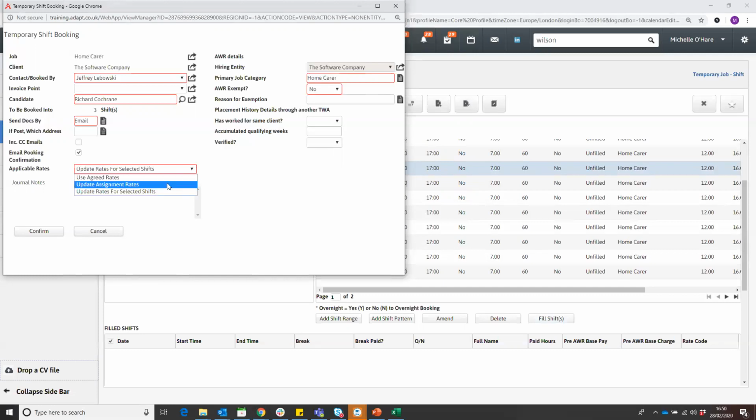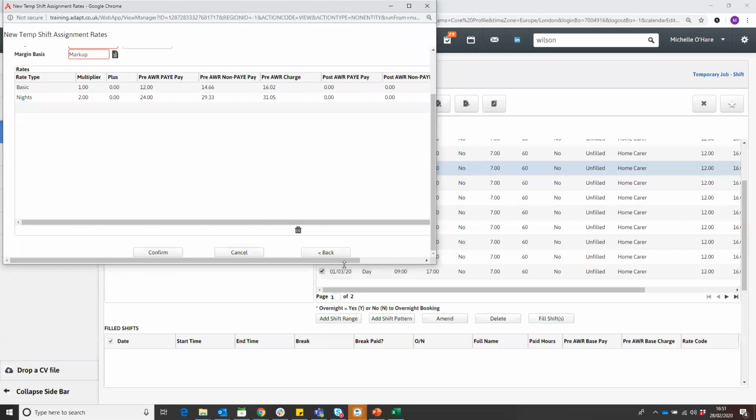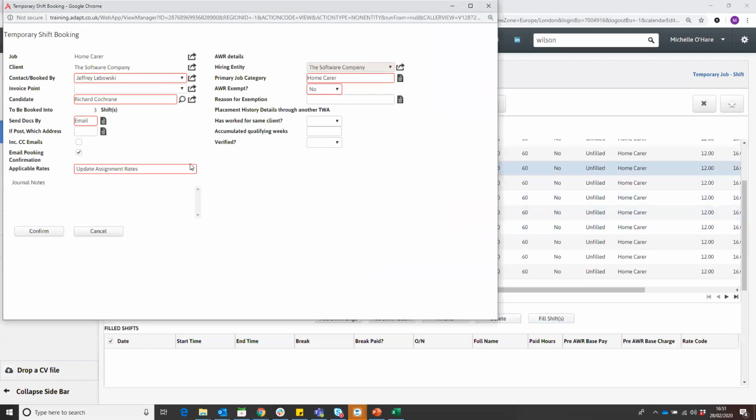The other option is to update assignment rates. If you do that, when you're booking Richard into his shifts, it's going to create an assignment for him, and it holds those particular rates against the assignment. So every time you book him into other shifts, it will hold those agreed rates. It's the same thing. You click on that, you go to confirm, you change the rates to the ones agreed with him, and then it will create the assignment with those rates on for that person. So you do have a choice in there, or you can keep them as the agreed ones. So if I confirm,